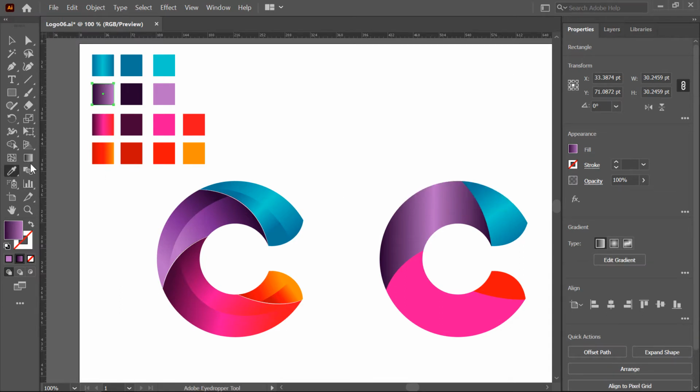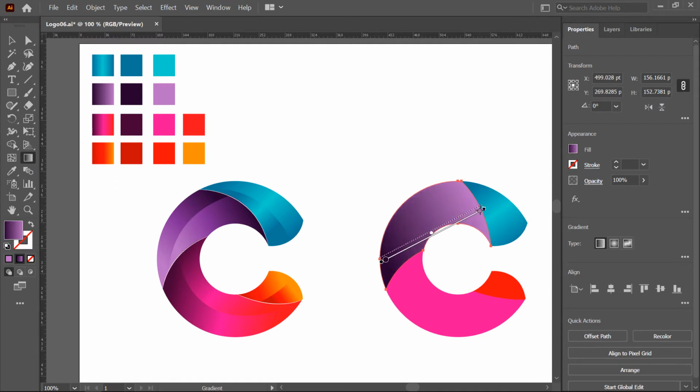Now I choose the eyedropper tool and click on this gradient. First I select this. Okay. So the gradient is applied here. I choose the gradient tool and then change direction.